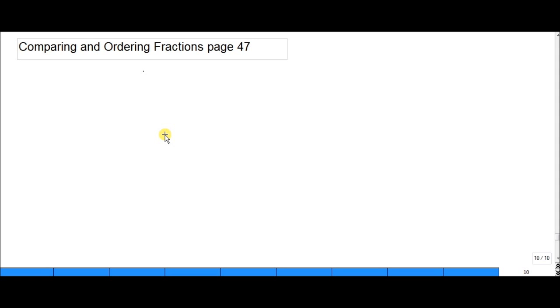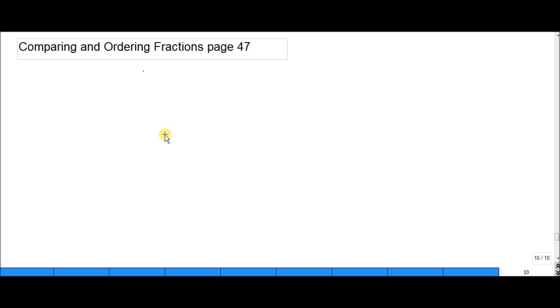So we turn to page 47 now, and we look at comparing and ordering fractions. We say which is larger. They have 3/4 and 9/16, and they have some steps when we are going to be comparing the fractions. If the denominators are different, then we need to write them with a common denominator, and then we compare the fractions. Okay, to find this common denominator for 4 and 16,